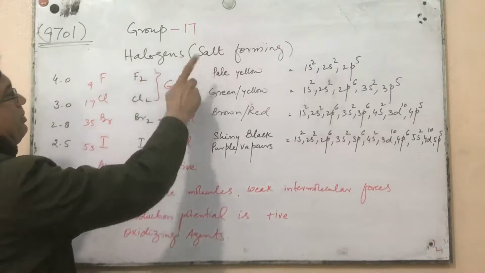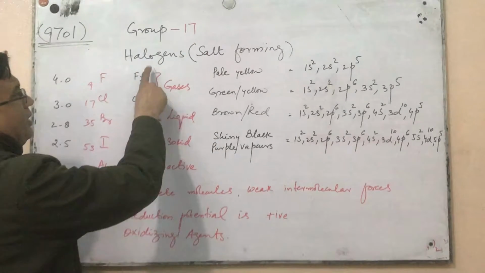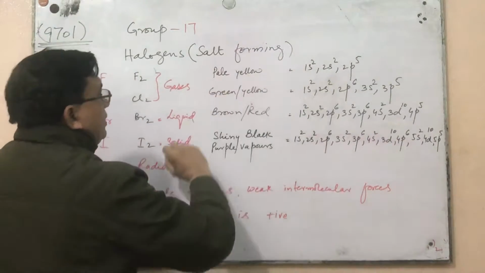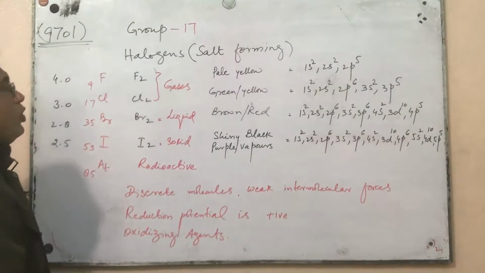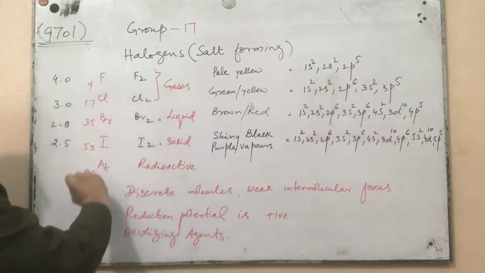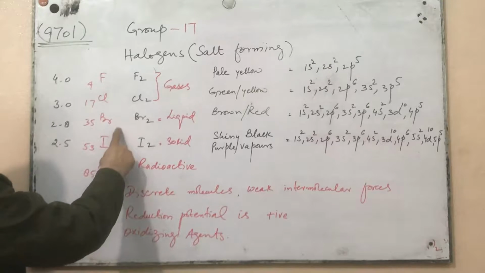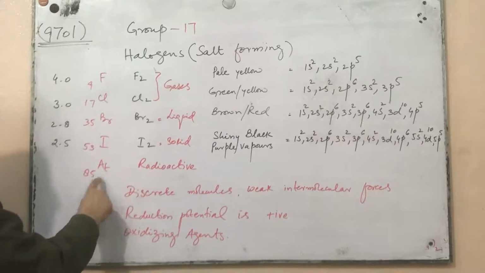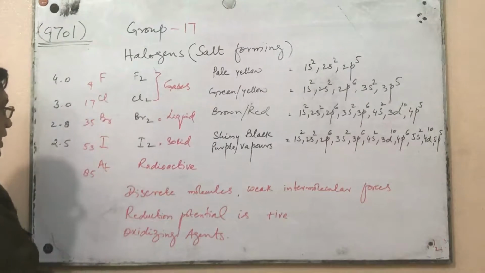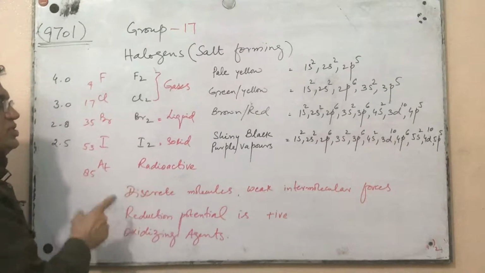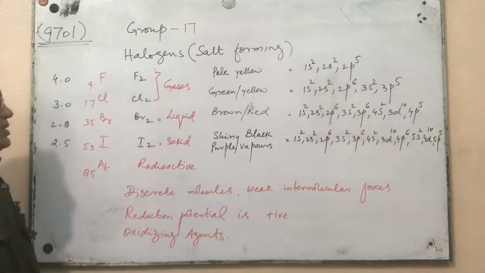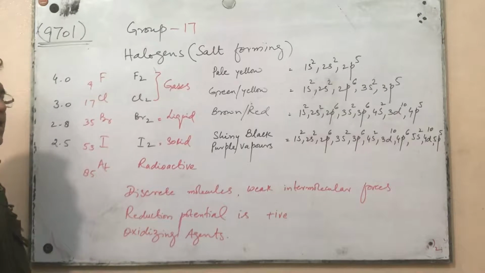Group 17 in the periodic table is named the halogens, meaning salt forming. The members of Group 17 are fluorine, chlorine, bromine, iodine and astatine. Astatine is a radioactive member, that's why its chemical reactions are not available, because all radioactive substances are short-lived and